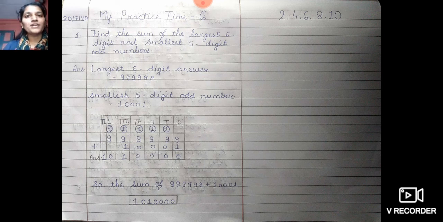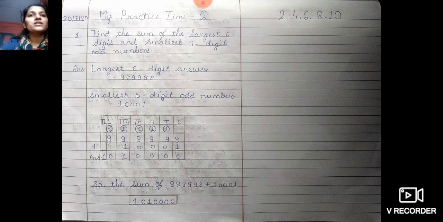So students, on page number 31 we can see that there are word problems, and as you all can see on the screen, the 2nd, 4th, 6th, 8th and 10th will be the homework word problems. Now we are going to solve 1st, 3rd, 5th, 7th and 9th. That means the sums of odd numbers will be CW and the sums of even numbers will be the homework. Now I am going to explain the word problem which I have written and you are going to solve it.